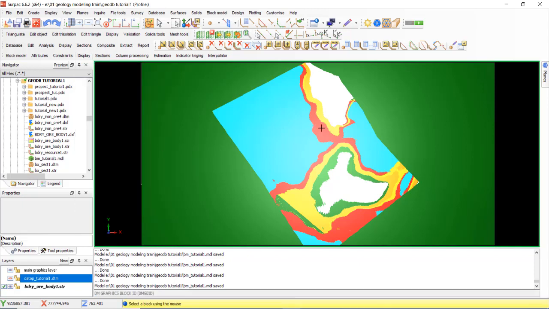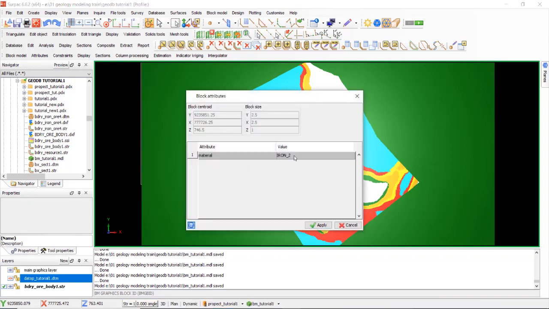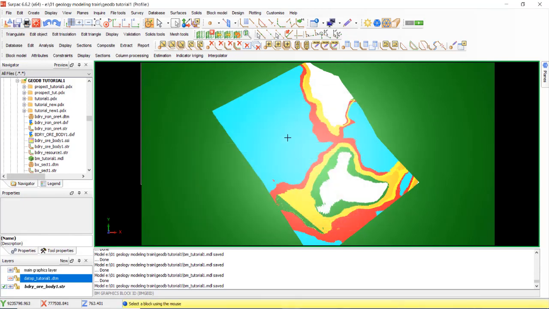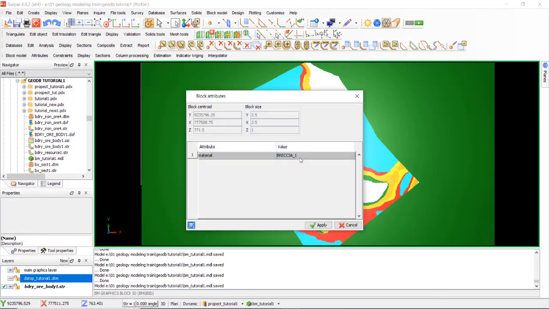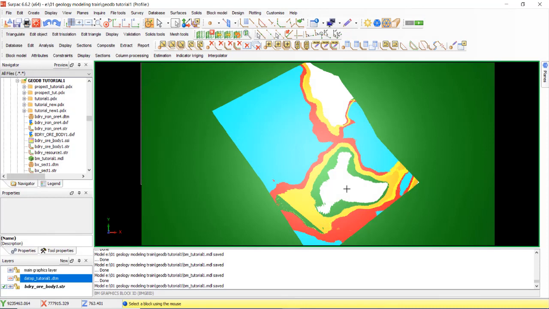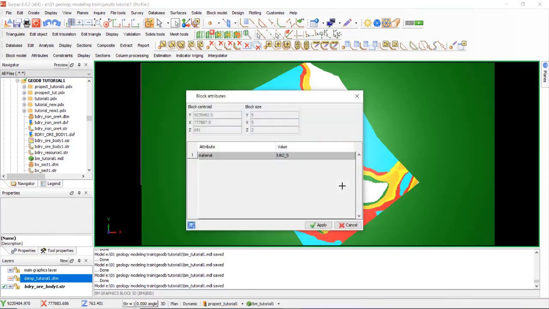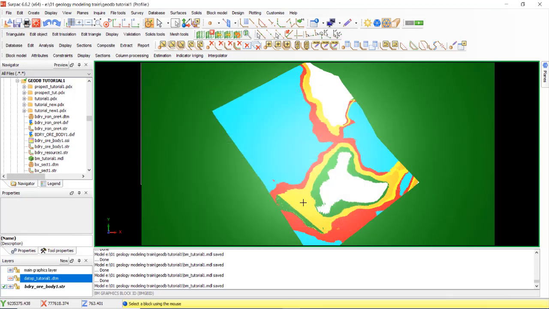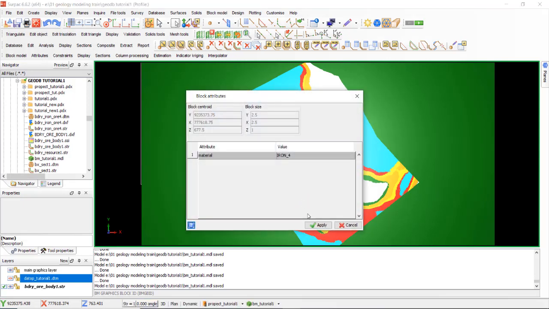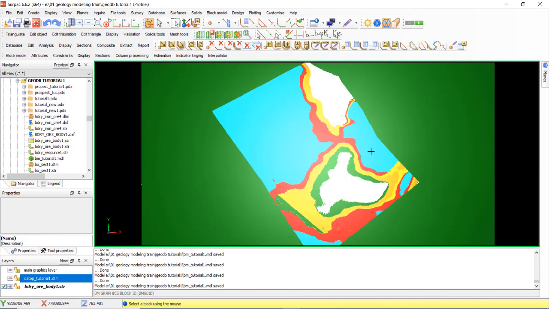We check this one. We have iron ore 2. Check here. Brexia here. Check this one. KO2, KO5, iron 4, and so on. Okay, we have finished the block model.